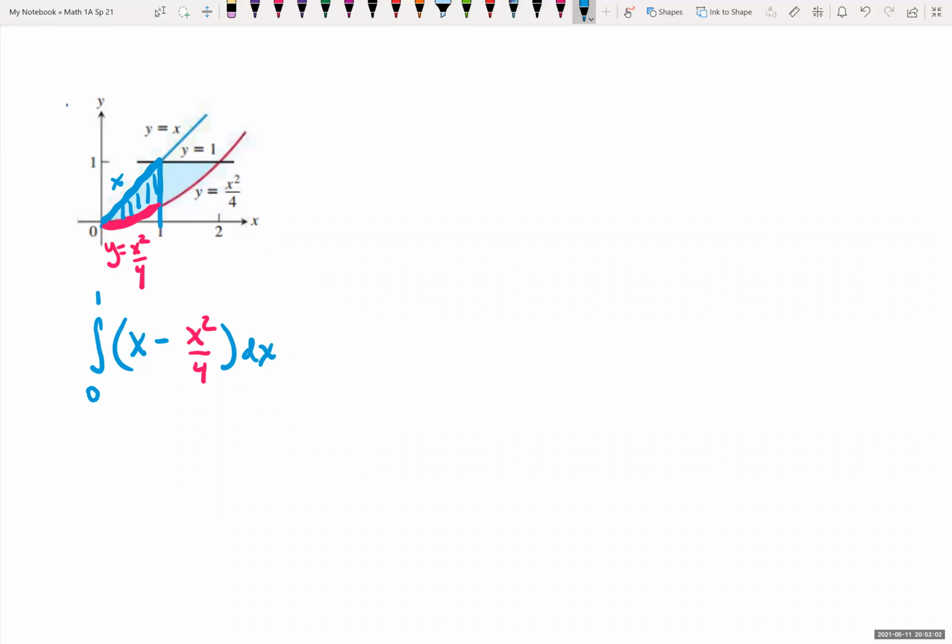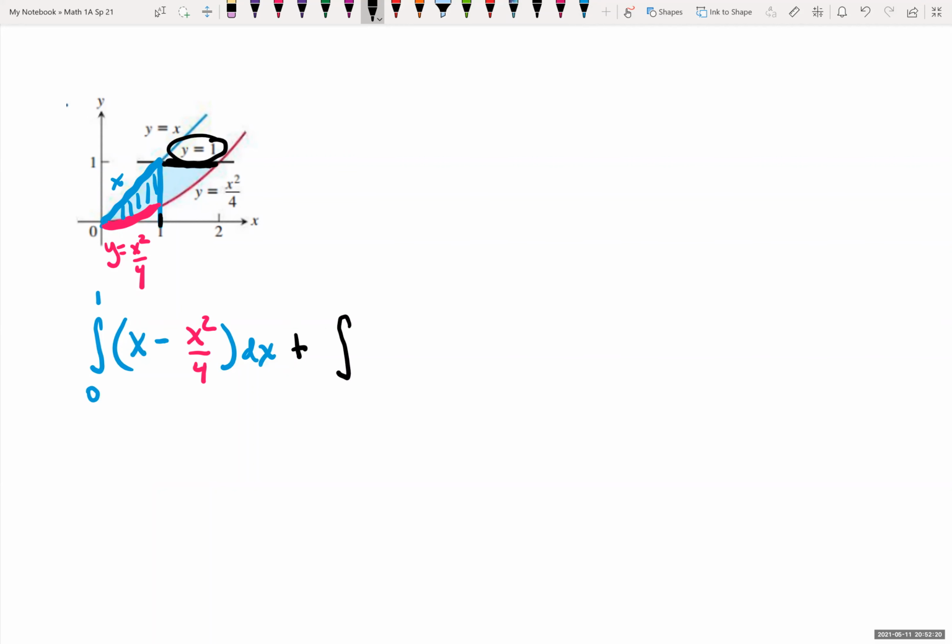And then we're going to add the area over here. Notice that on that area, our function y equals x is not the upper bound. This is y equals 1. And so we're looking at the integral